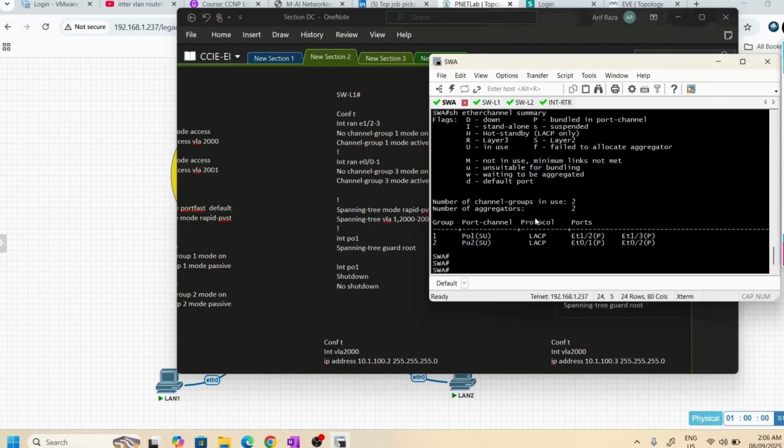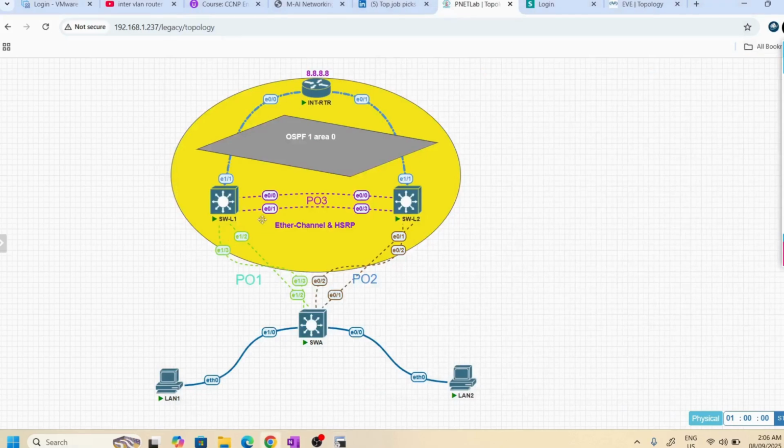Now next I'm going to configure the HSRP. It will be used only on this switch only, L1 or L2, not here. The question again here: why are you using HSRP if you're using EtherChannel, a port channel here?